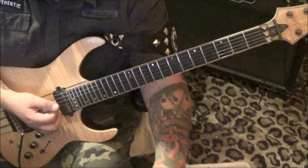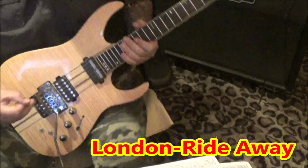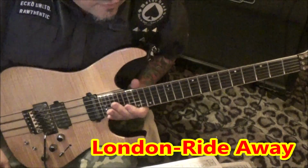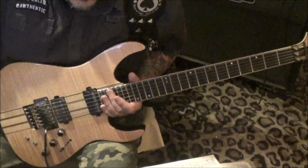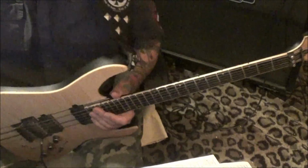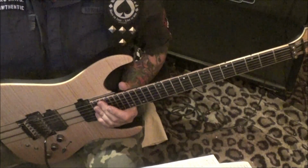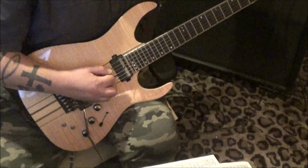Okay, top of page 5. We have 7 pages total. This is London with Right Away from 0 seconds to 1:25. Tuning is technically, the recording that I have is like a quarter step flat, but if you don't want to do that, just go standard, which is what I did. And this is a clean thing too. It's got a little fuzz in it, but